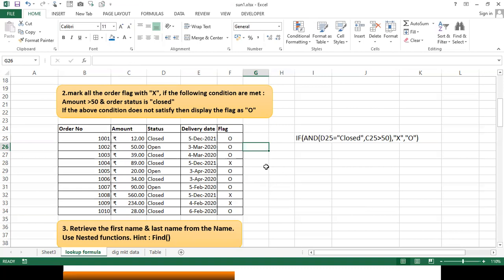Say, for example, the person is eligible if he has done the sales only in the last week. Delivery date can be verified, only in the last week, and a formula can be built on that. And if he is eligible for more than 10,000 in sales, and he should be an Indian, the benefit will be given only to Indians. I have nationality, amount, and whether within the last week the person has done something, so some benefit can be given. These queries will come.